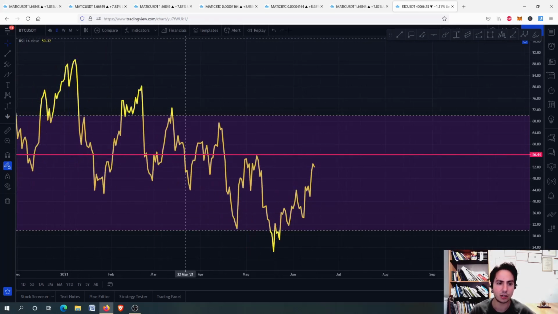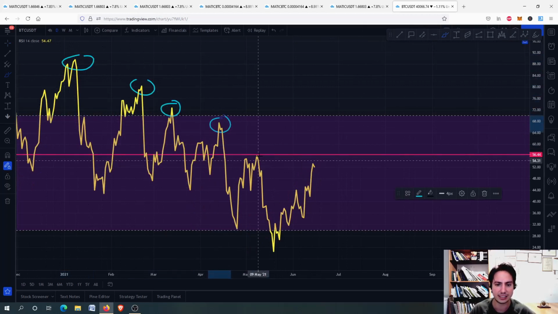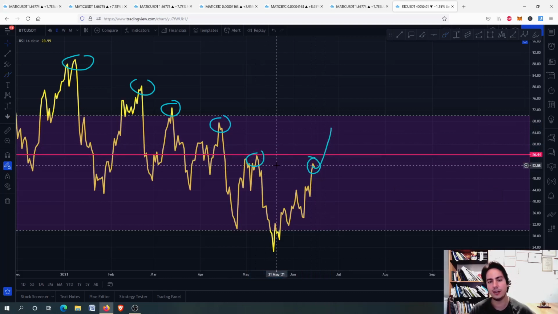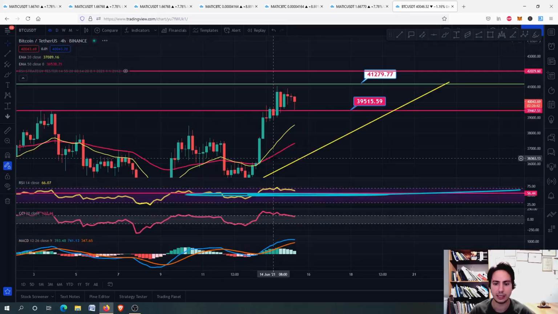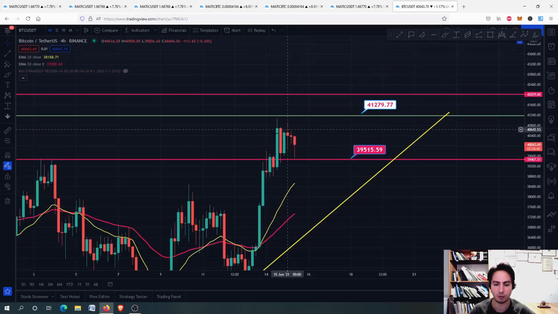That being said, you can see we are having lower highs for the RSI. Therefore, we need momentum where we can break this resistance level. Then we can actually say that we will have the swing high keep going for Bitcoin. But you have to be careful. You have to be careful from now on.